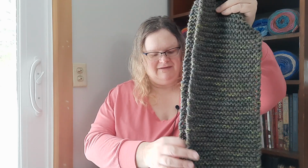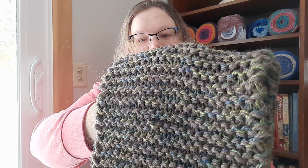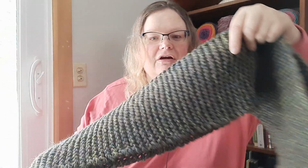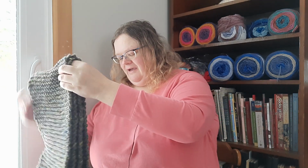And then last weekend, I had talked about my cousin's fiance wanting a scarf. He said at Christmas time when he saw the blankets that I brought that he really wished he had a scarf. So I made a scarf. You can kind of see the green a little bit better in this light. It is Lion Brand's Fisherman's Wool along with some hand-dyed green sock yarn that I dyed a couple of years ago. I'm going to put this over here. It kind of shows as brown. You can see the green if I get really close. You can kind of see the green and the blue in there. He has a plaid hat that's like a newsboy hat that this is intended to match. So I'll have to get this out in the mail